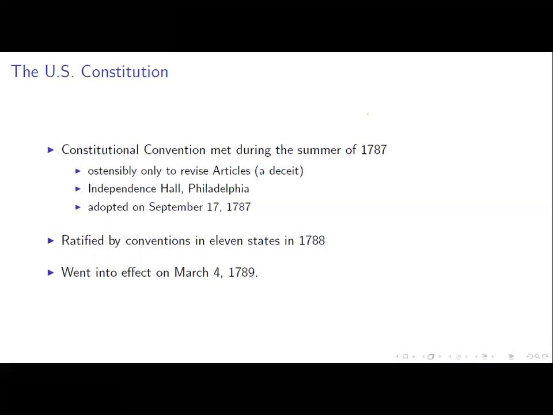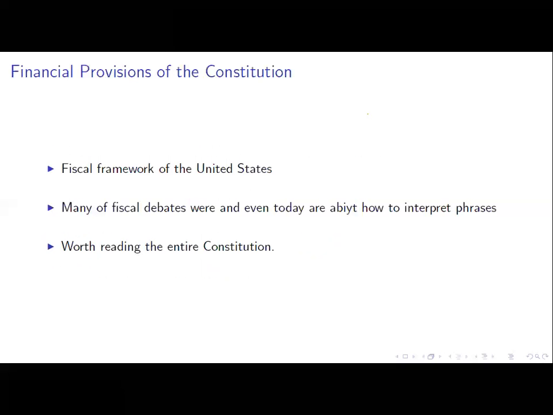It gets adopted at the end of the summer in 1787, and there's a long and fierce battle for ratification. That eventually happens in 1788, and it goes into effect March 4th of 1789. It's now the fiscal framework of the United States, and many of the fiscal debates, back then and today, are about